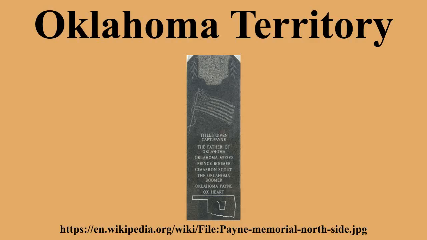The land run of 1893 led to the addition of Kay County, Grant County, Woods County, Garfield County, Noble County, and Pawnee County. The territory acquired an additional county through the resolution of a boundary dispute with the U.S. state of Texas, which today is split into Greer County, Jackson County, Harmon County, and part of Beckham County.